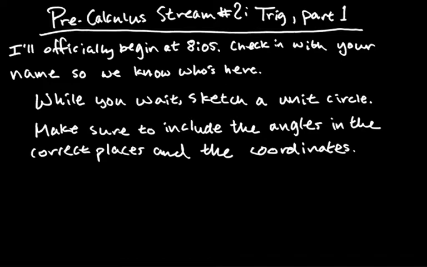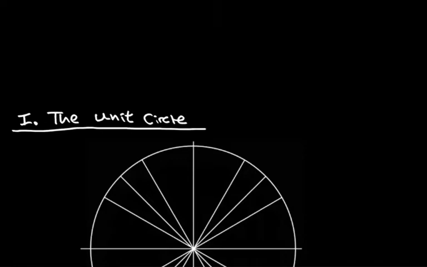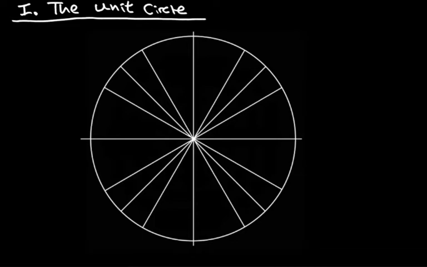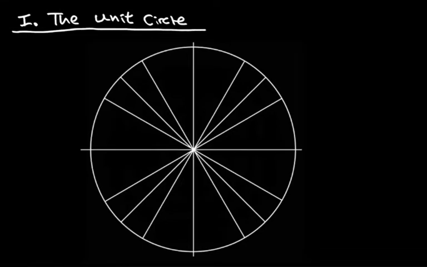Alright, so let's get started around now. Hopefully you have a unit circle of some sort drawn, and if not, we're going to do that first anyway. Alright, the unit circle. So let's just start doing stuff on it. If I were to draw an arrow on it here